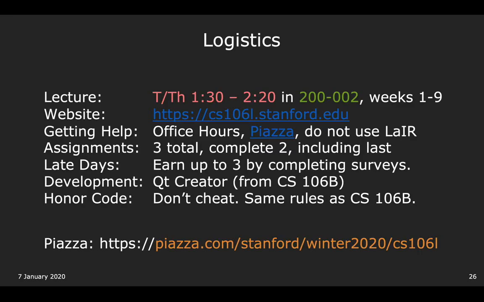So just some basic logistics. Our lectures, I still don't know if bi-weekly means twice a week or once every 2 weeks. But yes, they're going to happen twice per week in this room, Tuesday and Thursday, 1:30 to 2:20. You'll notice that this slot is booked for 1:30 to 3, and that's not an accident. One of us, maybe both, are going to be here from 2:20 to 3.